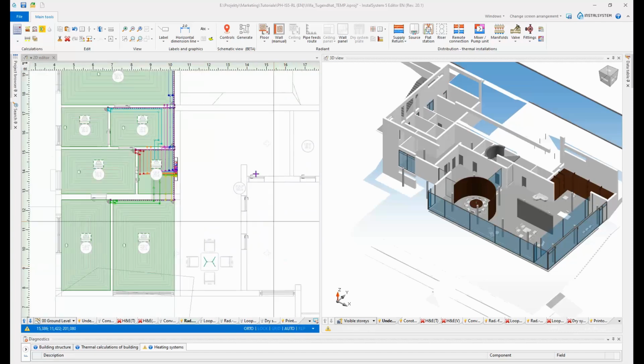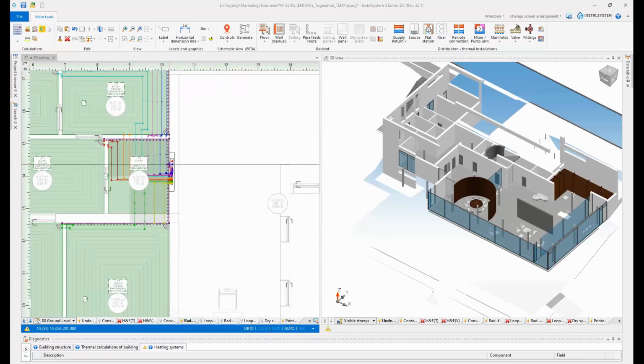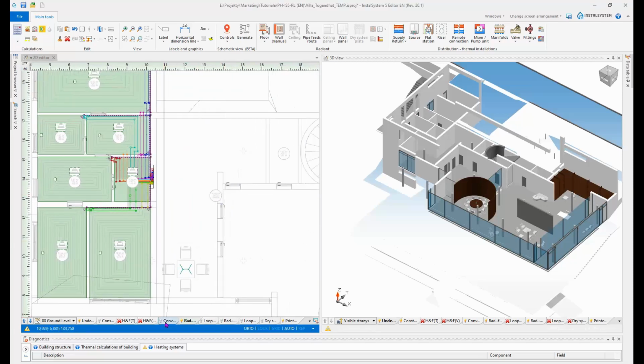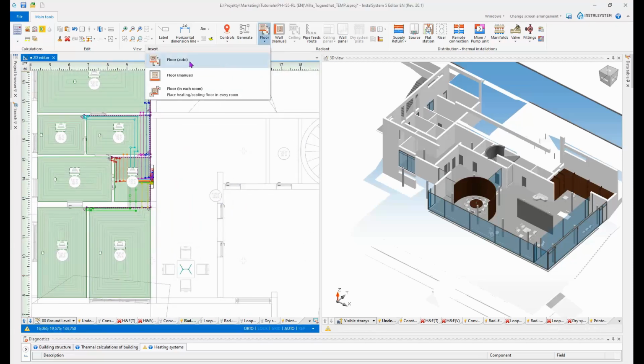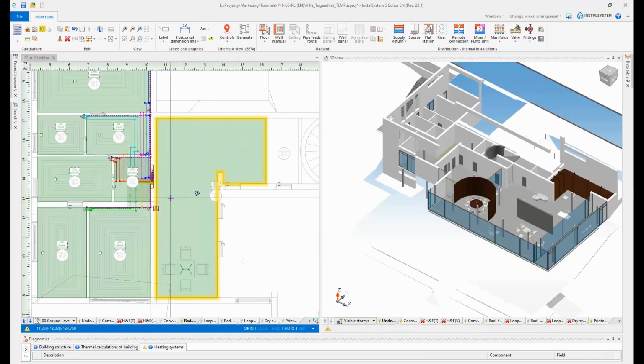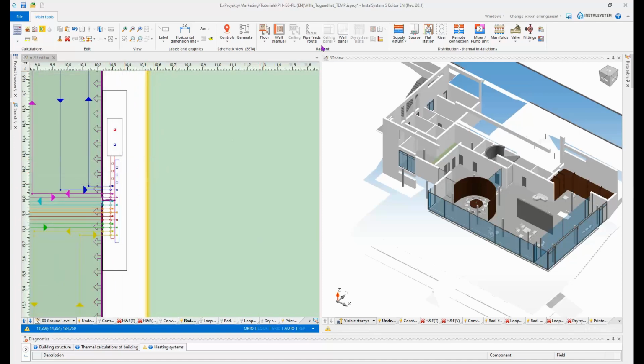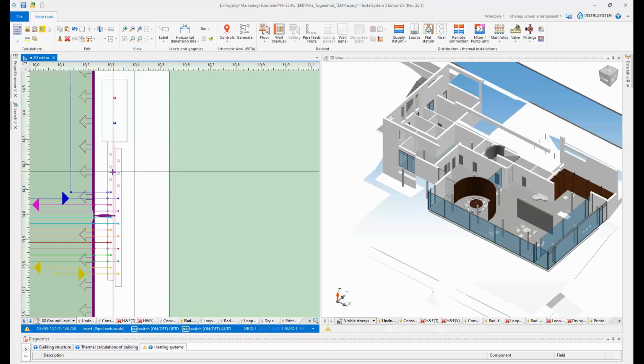We will start with the first room that is on the right side, this one, and taking advantage of this automatically divided heating zones and automatically generated pipe fits, we'll do it quite quickly. We need to first put heating zone inside the room and then connect it to the manifold. We'll use the same manifold on the left side, and we will choose a new section or new route of pipe fits route. So we will start again from the manifold and we'll connect this zone with such a short